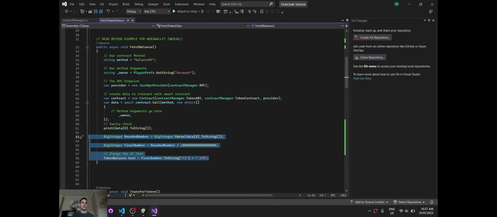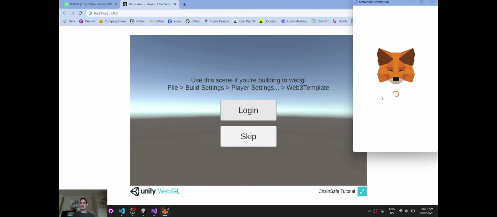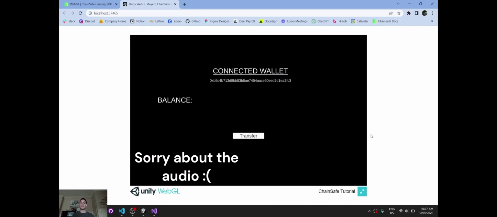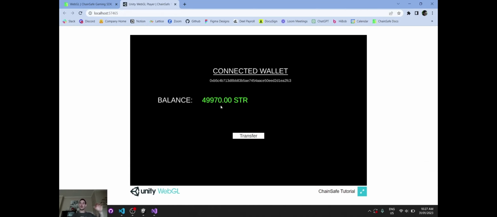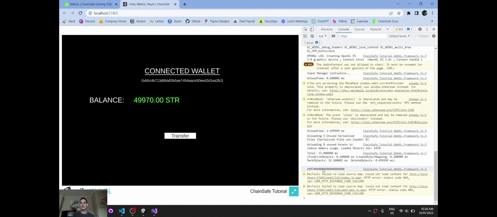So let's actually go to the build, which I've already got set up here. The login screen might look very familiar from the login video. But let's go and connect our wallet. So boom, shebang, we're connected. It should take us to the next scene. We'll give it a moment to fetch that data. And then there we go. That's our balance for that contract address that we specified earlier within the contract manager, along with our connected wallet. Now, if I go F12 and we'll just have a look at the console,